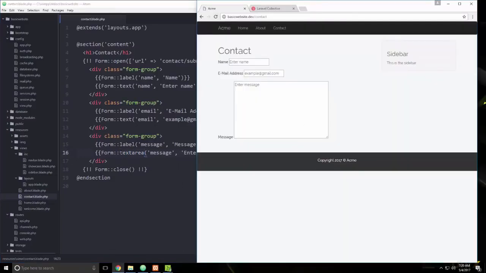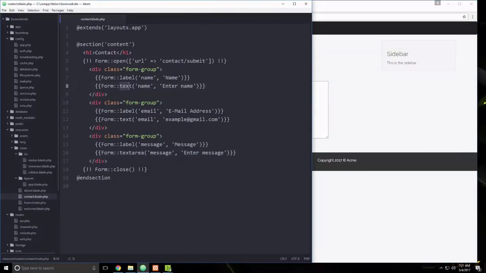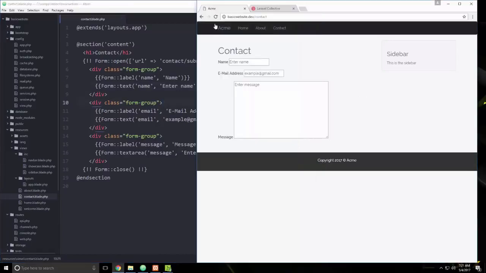There we go. Now, if we want to add a class to any of these, what we can do is, for the text right here, we're going to put in an extra parameter, and this is going to be the value. If we wanted to insert a value here, we could do that, but this is going to be blank, and then the next one is going to be an array of options, and one of those options can be the class. So we're going to say class is going to be form-control, which is a Bootstrap class. So if we go ahead and save that,